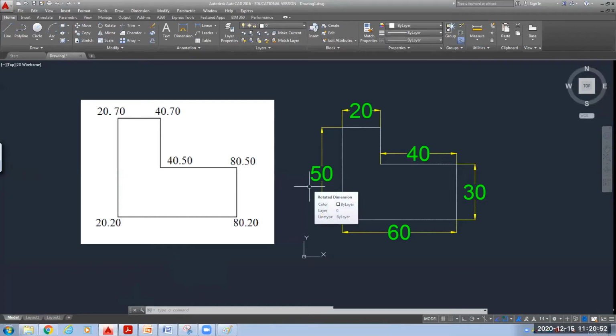We all know that we use a printer to take the printouts. And as I have told you, there are different sizes of paper available to take the printouts. Okay, A4, A3, A1, A2.